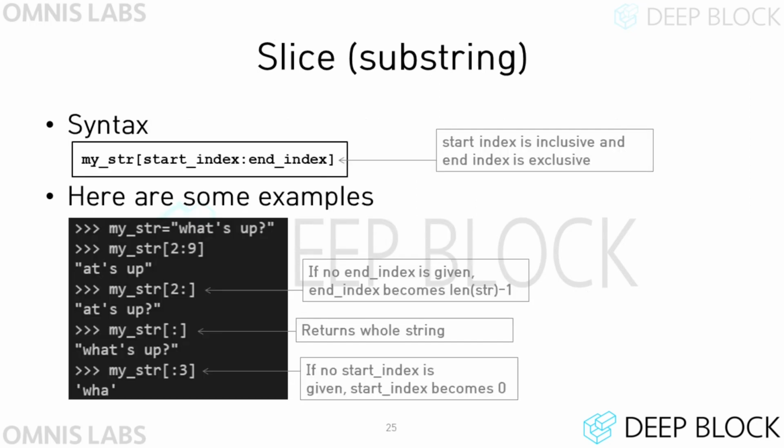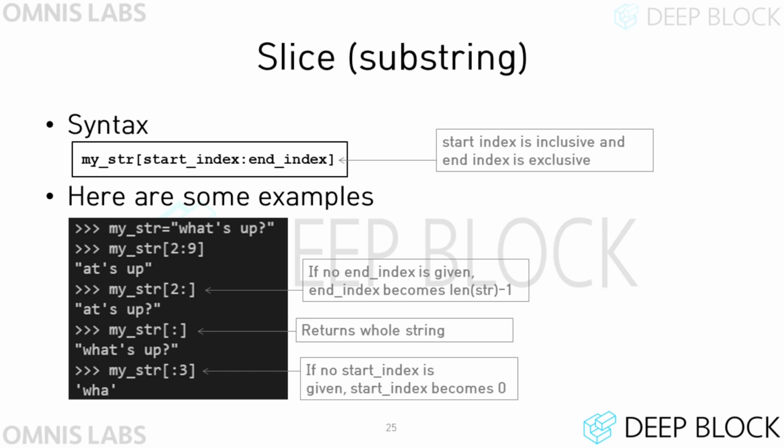In Python, parts of a string can be accessed using square brackets and a colon. You can get a part of a string by putting the start index to the left side of the colon and the end index to the right side of the colon. This gives you a substring which spans the characters from the start index to the character at the index right before the end index.